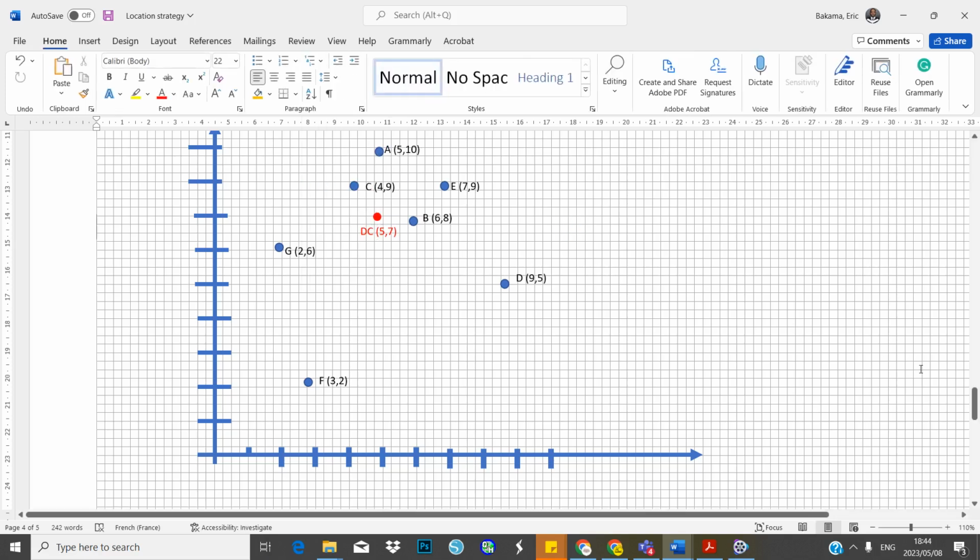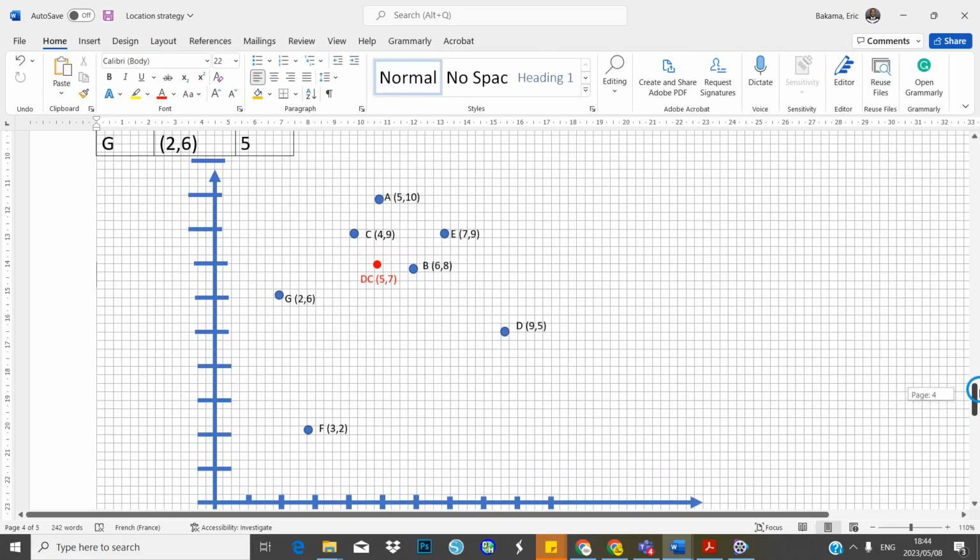So this means, in another word, that as we have a company that has many other branches, and they would like to open a distribution plant, the best location will be on the map at 5, 7. Obviously, this is mostly a graphical method. So even as you are working, you need to get all these coordinates.